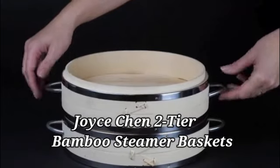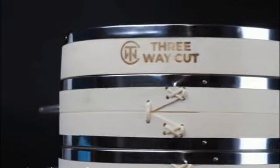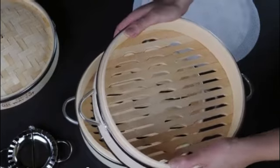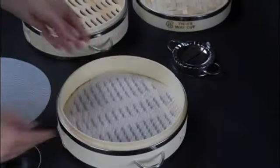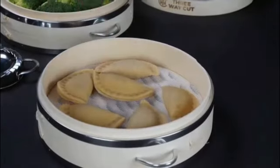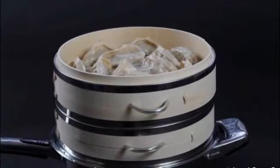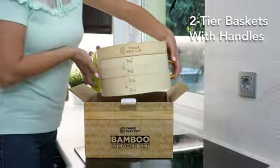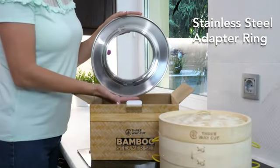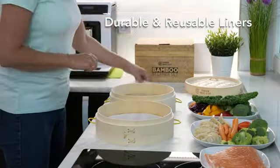The Joyce Chen 2-tier bamboo steamer baskets offer a convenient and efficient way to steam food to perfection. Constructed from natural bamboo, these steamer baskets by Joyce Chen are not only eco-friendly, but also durable and well-crafted. With a generous size of 10 inches in diameter, these steamer baskets provide ample space for steaming a variety of foods at once. The 2-tier design allows you to steam different types of food simultaneously, saving time and energy in